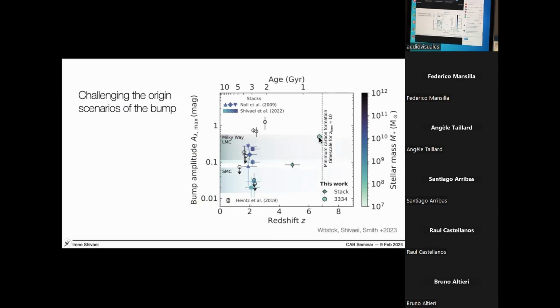And as you can see, it's very close, time-wise, to where we detect this galaxy. So it's challenging the scenarios of dust formation, because PAHs are commonly thought to be produced in the outflows of AGB stars, and you need a few 100 million years for these stars to produce the dust grains. And the bump is just too strong to be easily explained with this source. So there might be other ways of producing PAHs in these galaxies, through supernovae or Wolf-Rayet stars that have much shorter timescales.